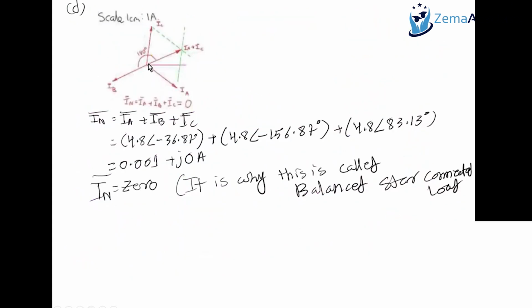So this is your minus 36.87 degrees for the IA. Let's suppose this is 4.8 centimeters with a scale of 1 centimeter equal to 1 ampere. Similarly, we draw